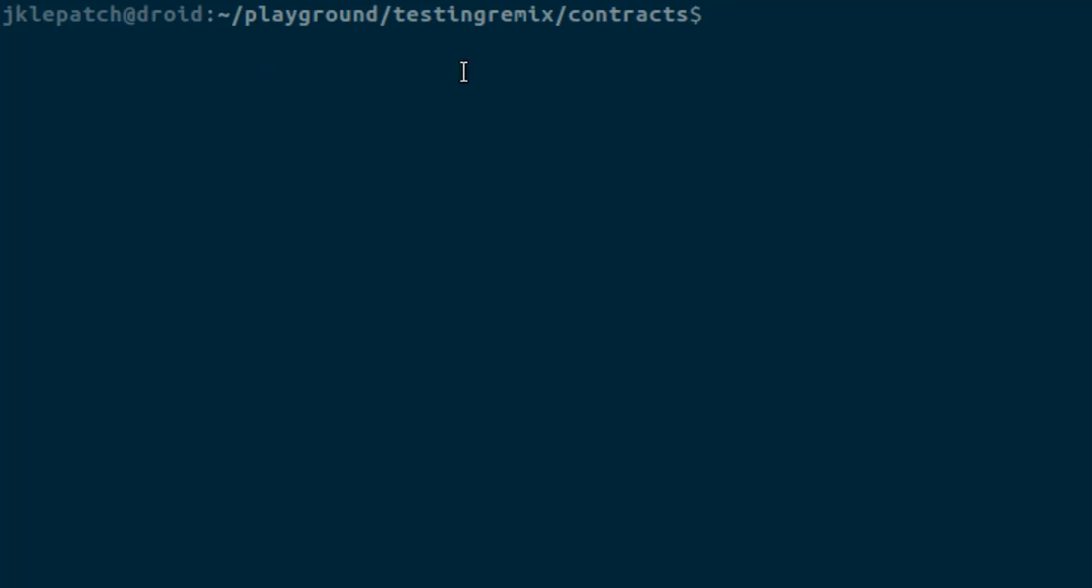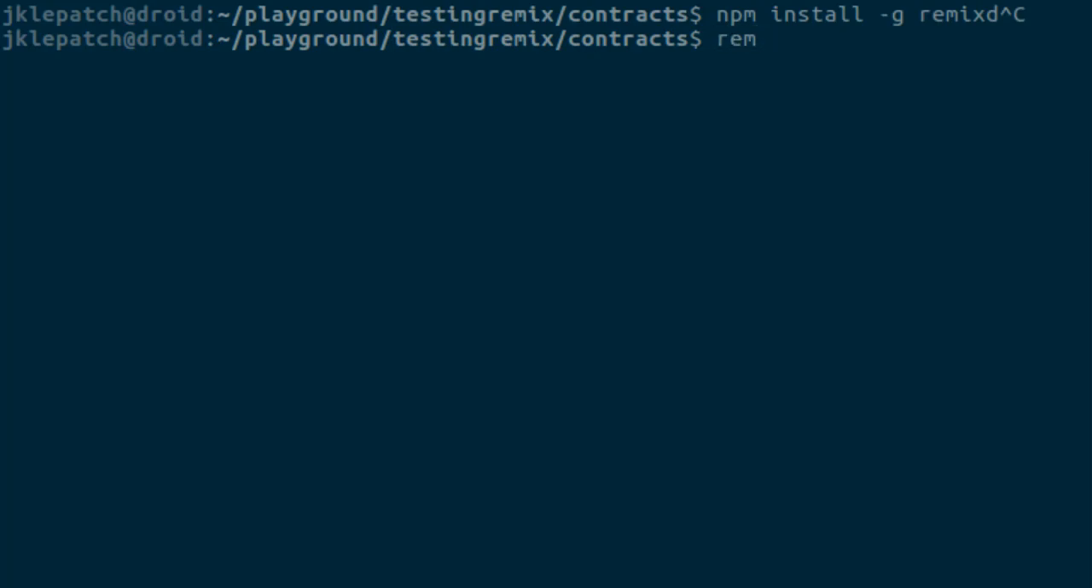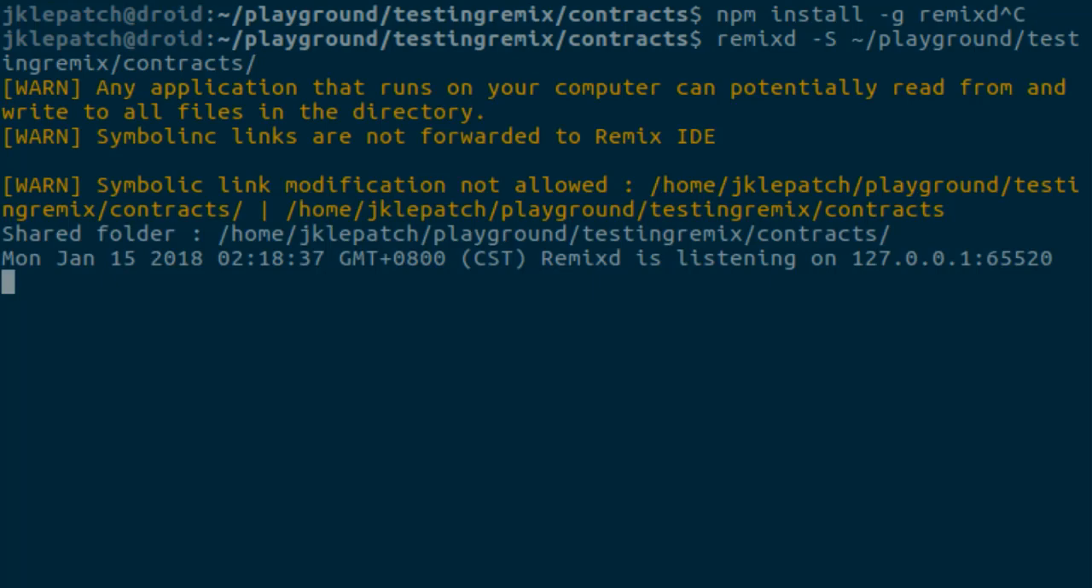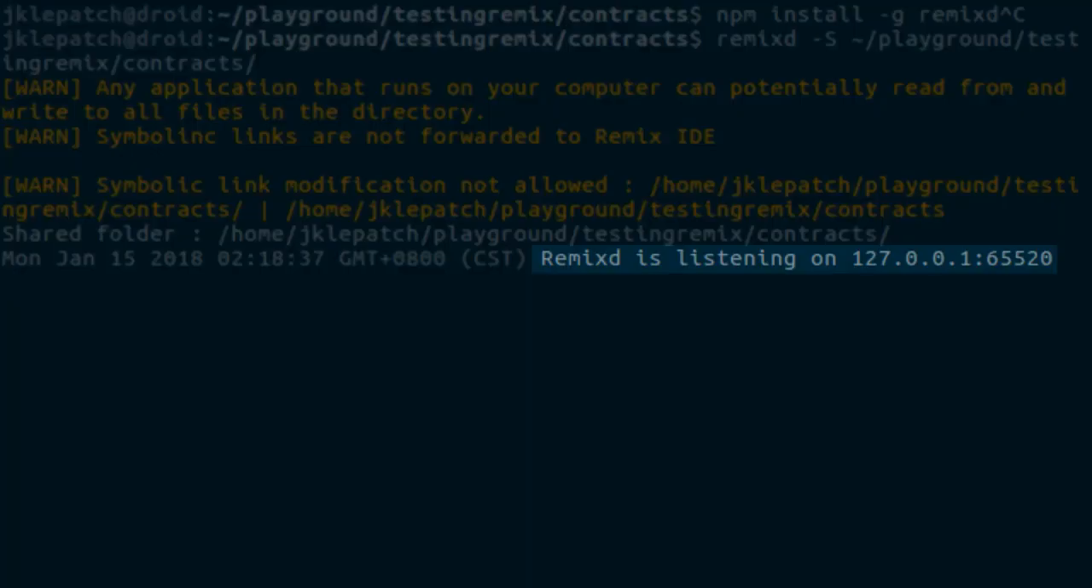So first you will need to install a package which is called remixd. So npm install, and you need to install it globally, remixd. I will not install it because I already have it. And once you have it, basically you need to execute it with the -s flag, and you need to give it the full path to the folder that you want to share. So in my case, it's going to be home directory, playground, testing, remix, contracts, enter. Okay, and now it is sharing this folder